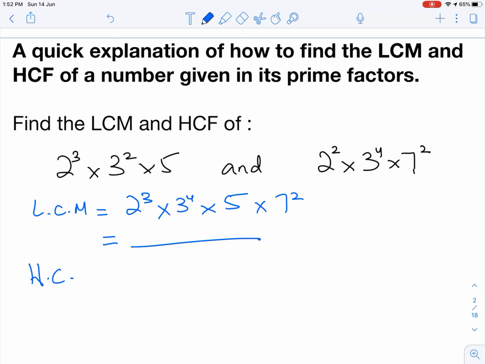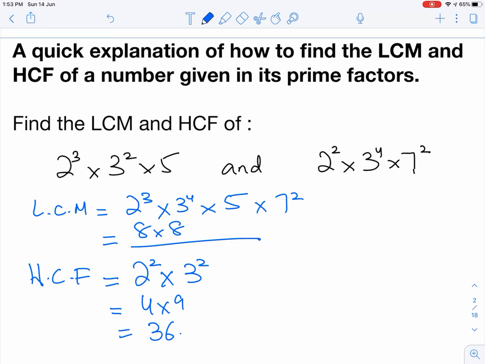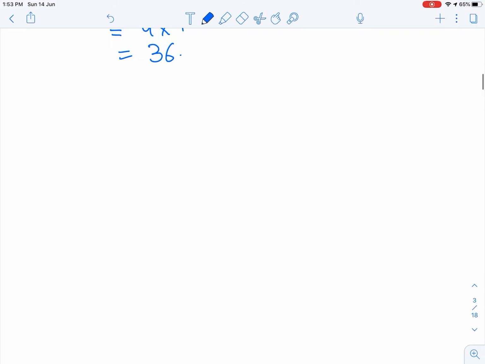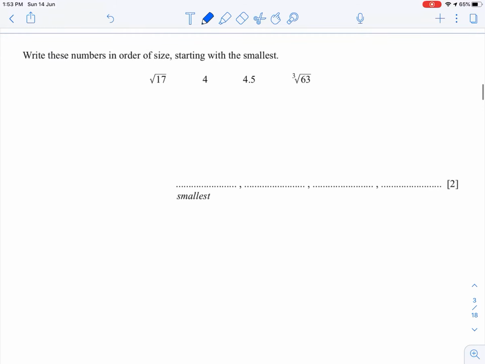In order to find the HCF, you pick the smaller power of each number. If you notice, the smaller power of 2 is 2 here and 3 here, so we'll pick up the smaller power of 2, which is 2 to the power 2. We will pick up the smaller power of 3, which is 2. 5 is not common in both of them. We pick up the common numbers in HCF. That is why we pick up the smaller power. 5 is not common and 7 is also not common. So we're just going to get 4 times 9. So the answer for HCF is 36. Here for LCM, it will be 8 into 81 into 5 into 49, and you multiply and you get the answer. Now we move on to the slightly difficult questions.